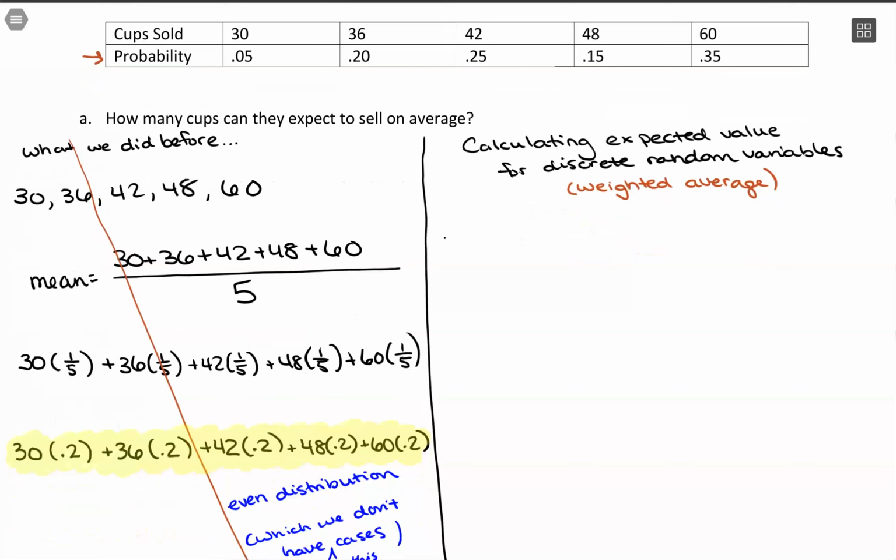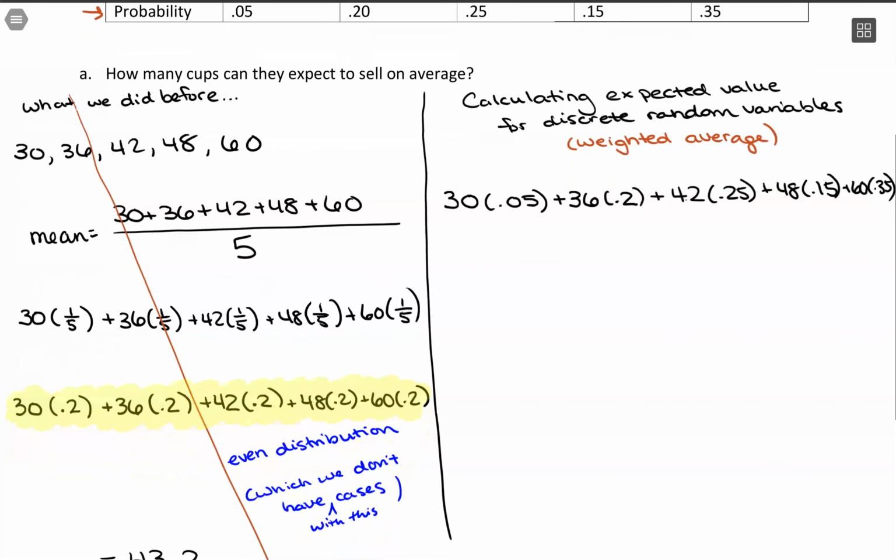So what we'll have is 30, and that's happening 5% of the time, plus 36, and that's happening 20% of the time, and 42, which is happening 25% of the time, 48 occurring 15% of the time, and 60 with 35% of the time. Now this calculation uses that form of how we could be calculating means, but adjusting the probabilities to match what we know based on our data. So if we plug that into the calculator, we should get a